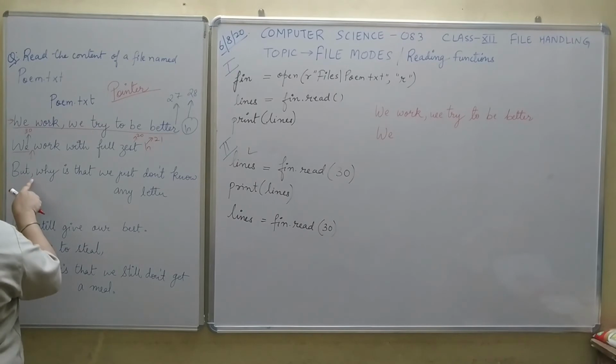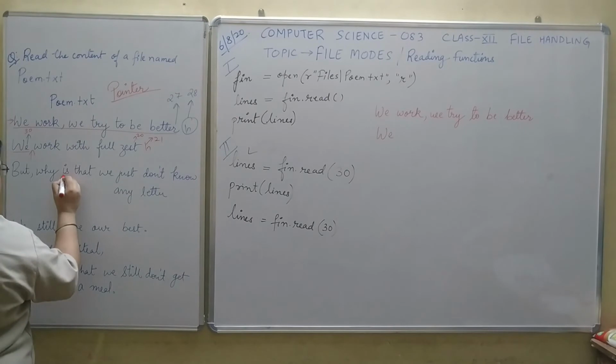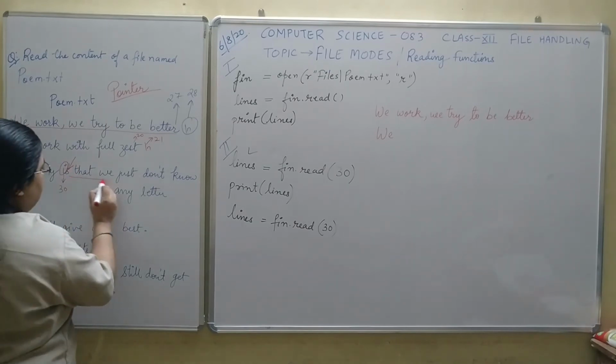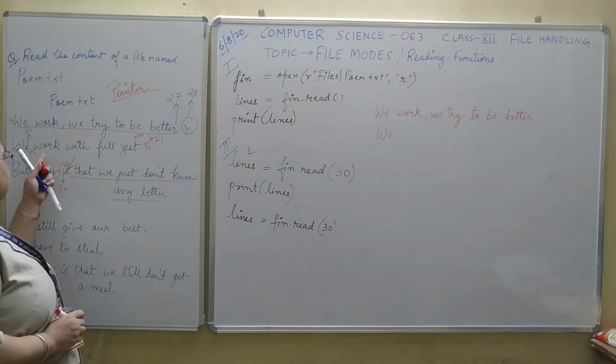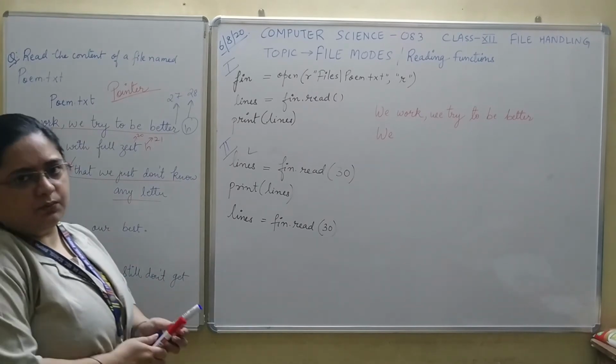22, 23, 24, 25, 26, 27, 28, 29, 30. That is till this I. So this is the 30th character over here. Next 30th character is this. Now your pointer is set at S, so your program starts reading from here. Our next 30 characters is this part. Understood? So this is how the read function works.